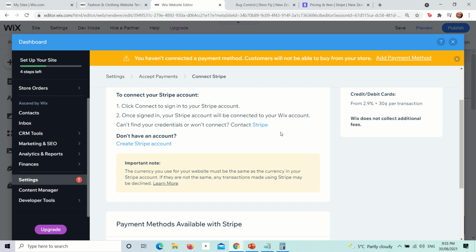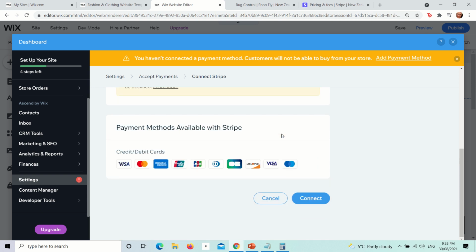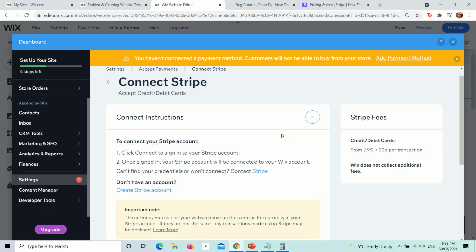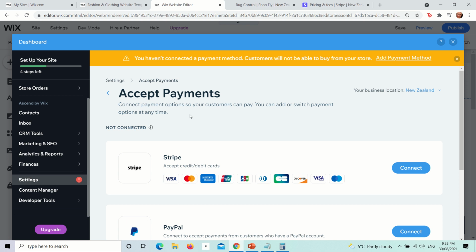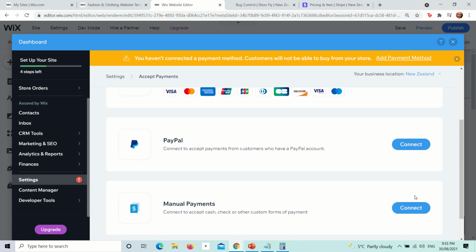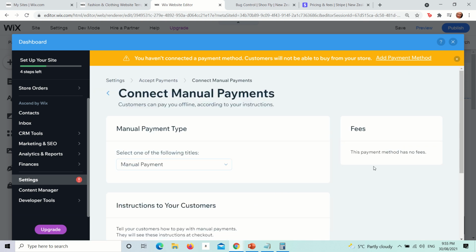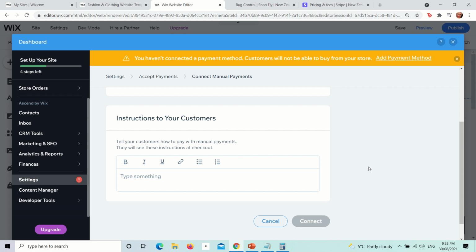Right, back to payment methods. They also have offline payments, which is just saying, hey, look, your customers will get your bank account details. So say, for example, I want customers to please deposit this amount into bank account